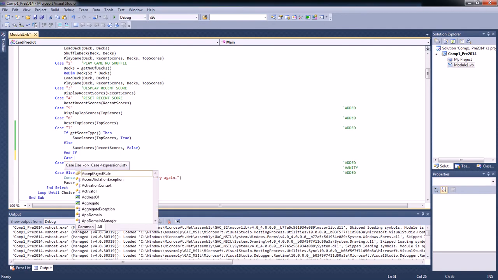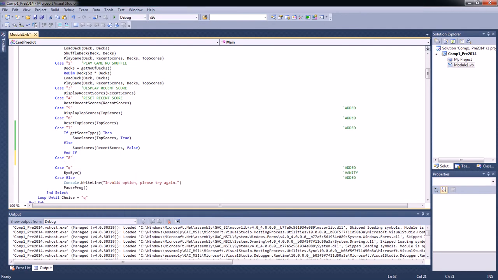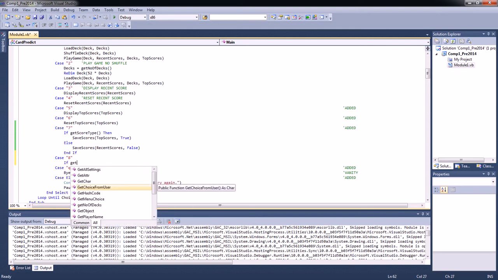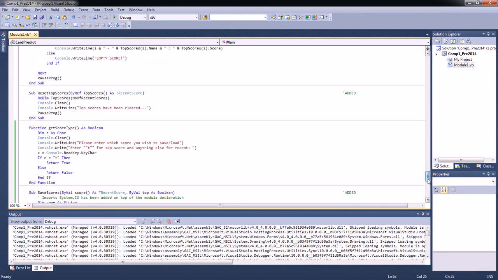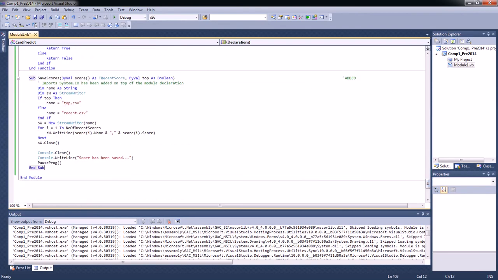So case 8, and as I said, I use the same function that we did before. So get score type. Okay, let's do the loading procedure. Now this will be slightly more complicated than the save procedure, because